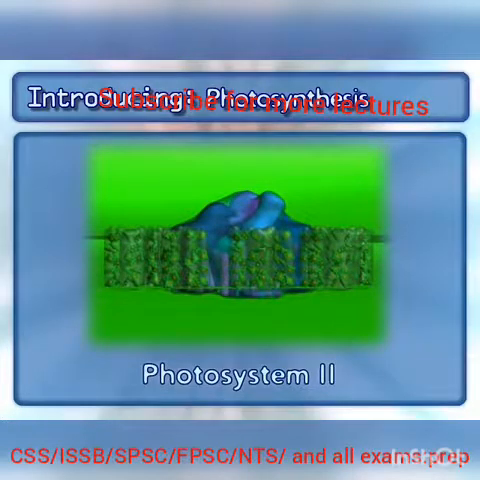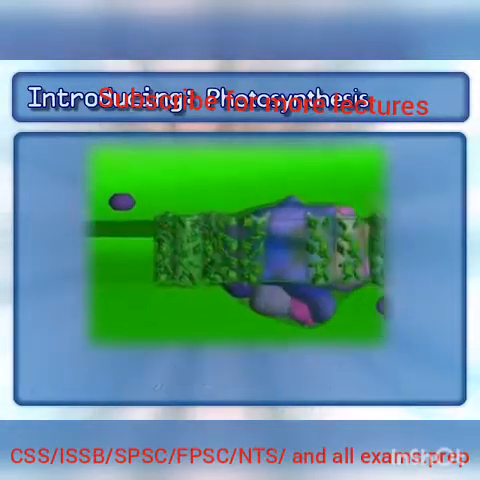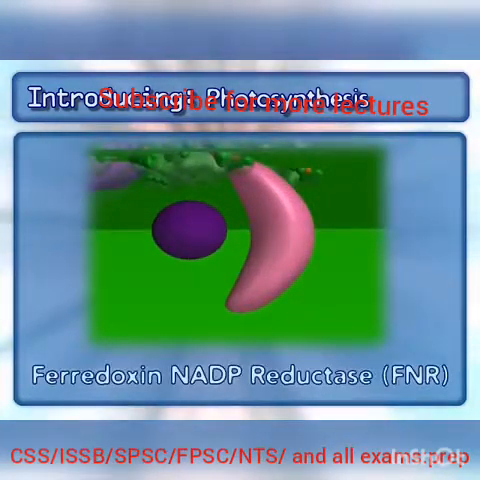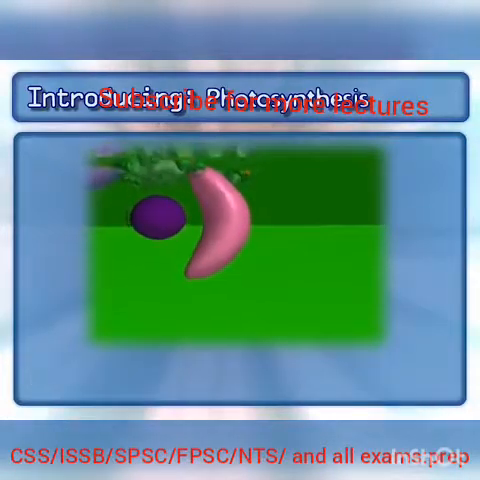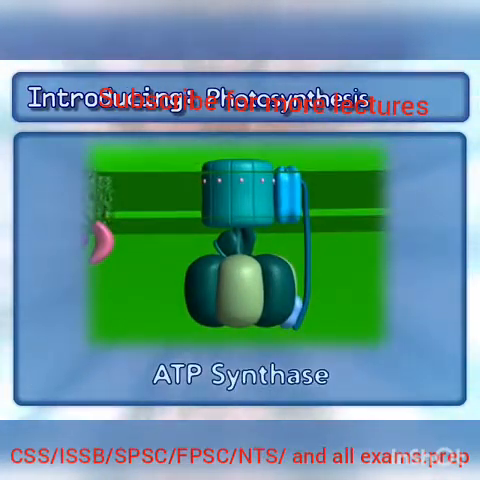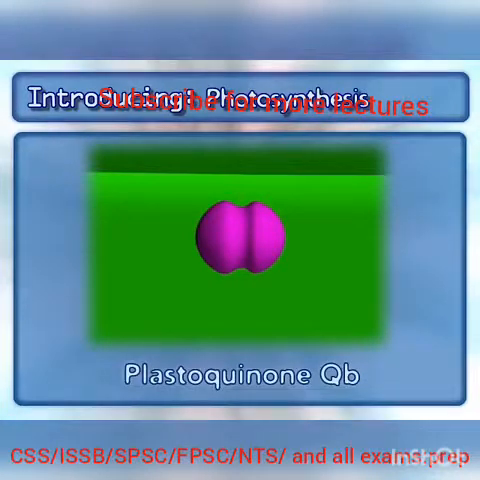Photosystem 2, cytochrome b6f, Photosystem 1, ferredoxin NADP reductase, and the complex that makes ATP, ATP synthase. In addition to the complexes, 3 mobile carriers are also involved: plastoquinone QB,